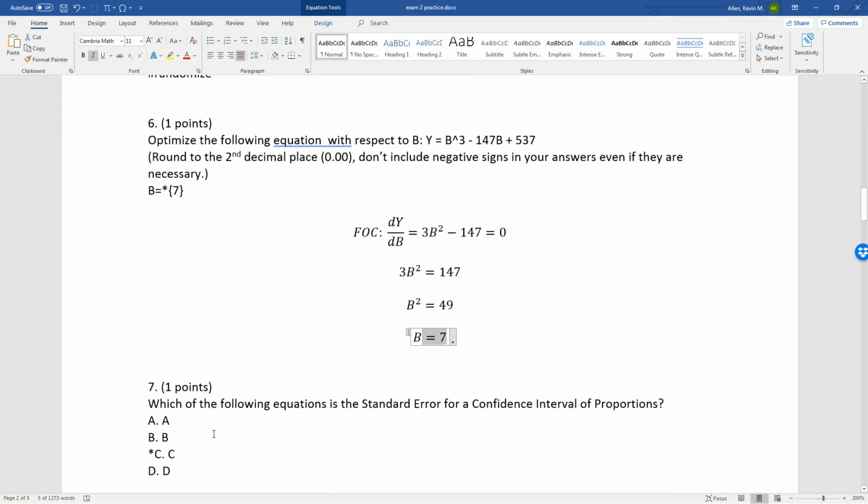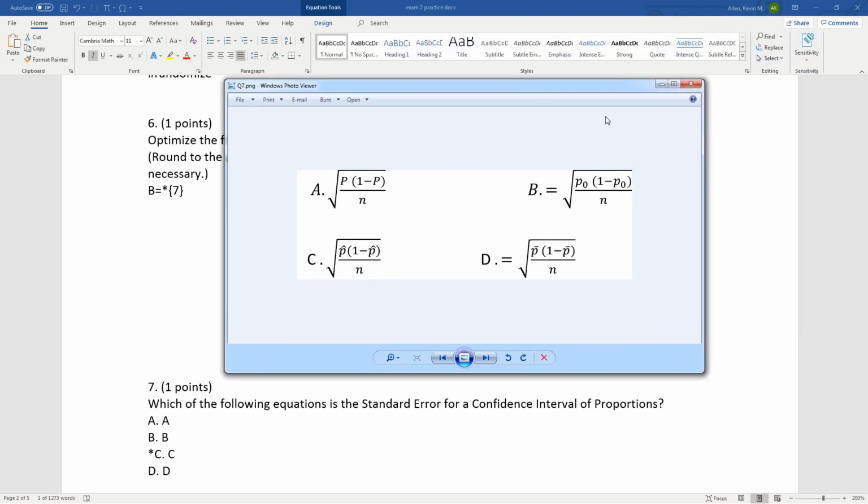Now, for this one, there's a picture associated with it. Now I'll get that here. So, confidence interval of proportions. When you're doing the confidence intervals in a proportion, you're going to want to use the sample proportion, p hat, as the basis of your